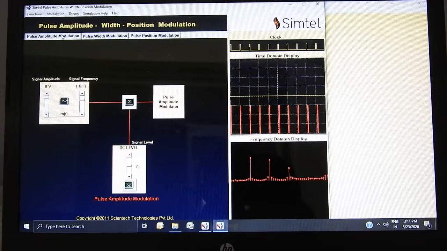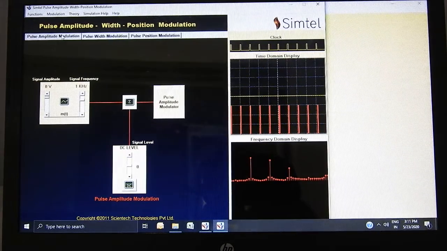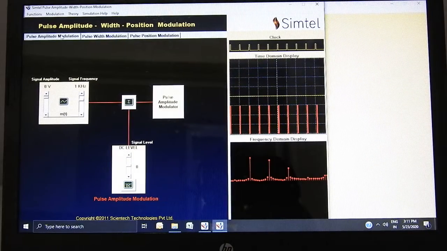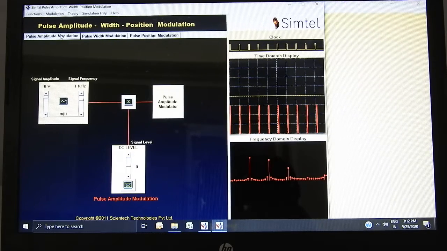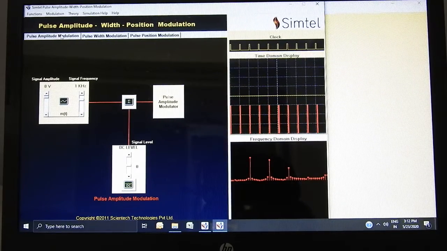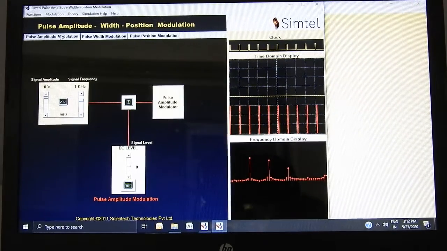It has three different important parameters. One is its amplitude, another is, instead of its width, definitely it has the frequency, but it also has a width. So another important parameter is the width of the pulse, and third is its position with respect to the clock. So we know that in amplitude modulation or in frequency modulation or in phase modulation, by